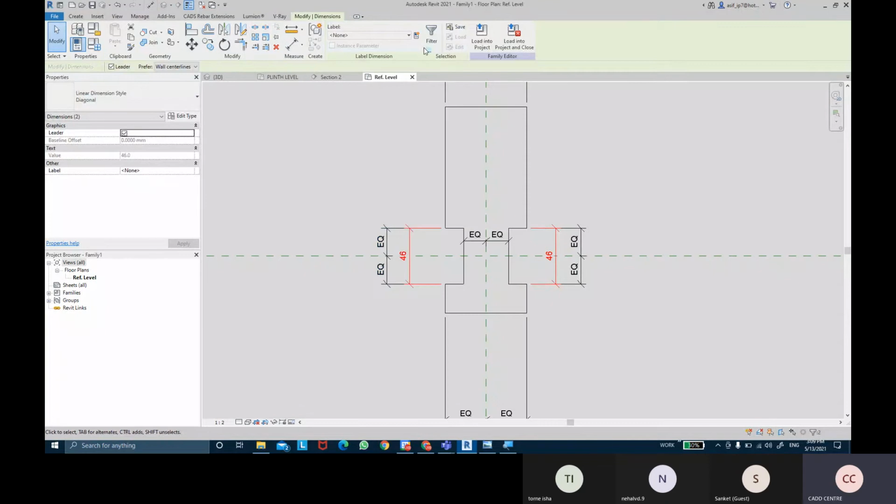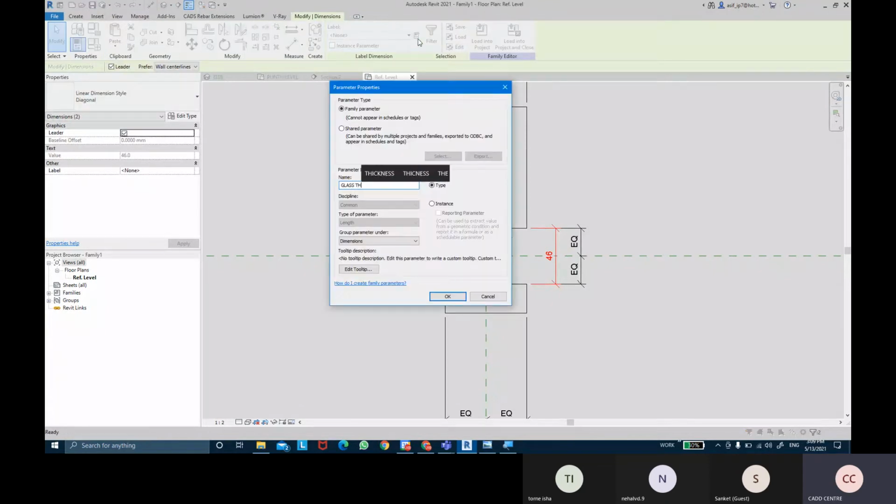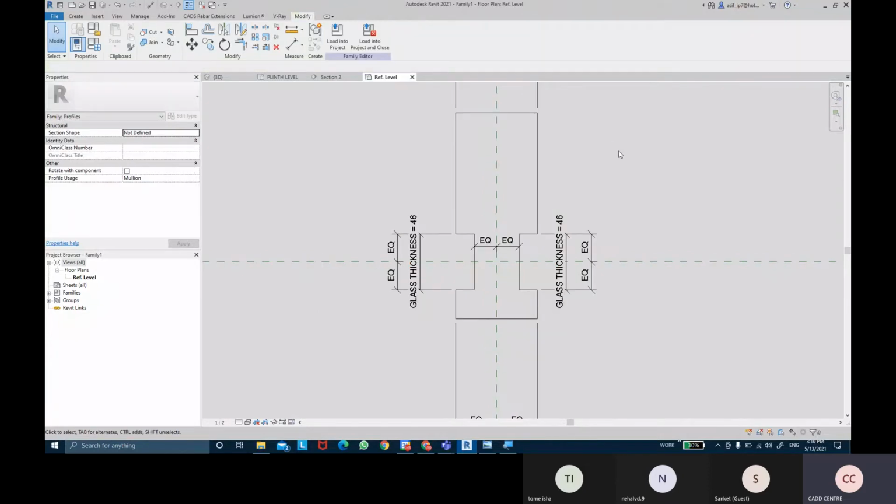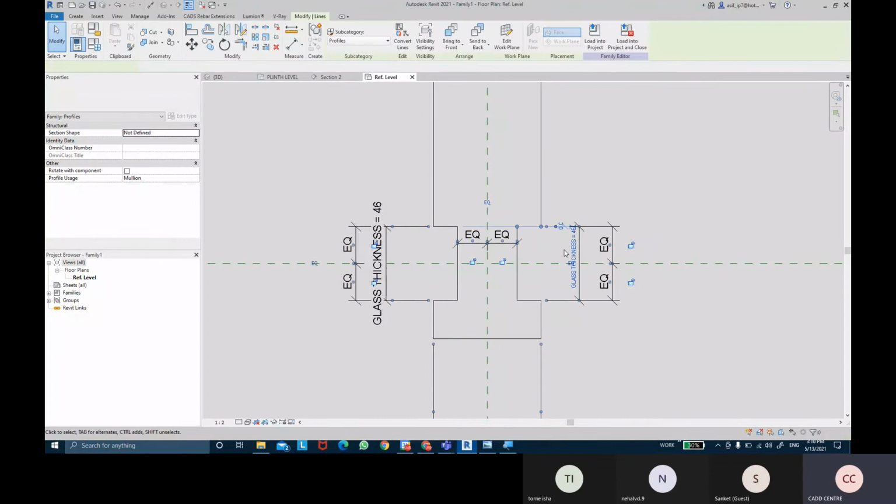They can have a parameter of glass thickness, that we can actually control the thickness of the glass.